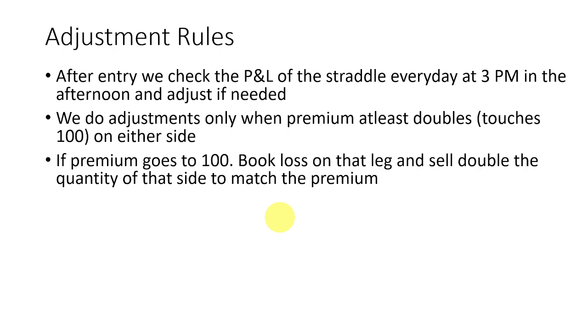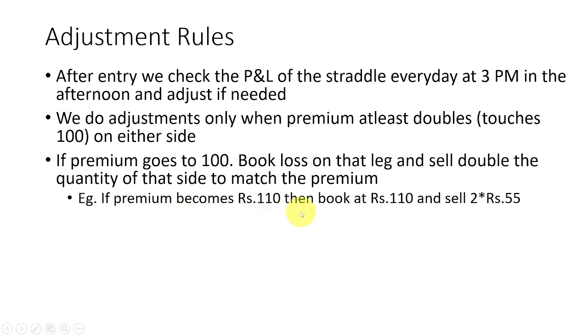Now that 18,000 call has gone to ₹100. So now what we are going to do is book the loss in that leg. In this example, I have given 110 rupees. That 18,000 call that we sold at ₹50 has become 110. So we are going to book that 110 rupees, that is, we are buying it back at 110, and we are going to sell 2 quantities of ₹55 each